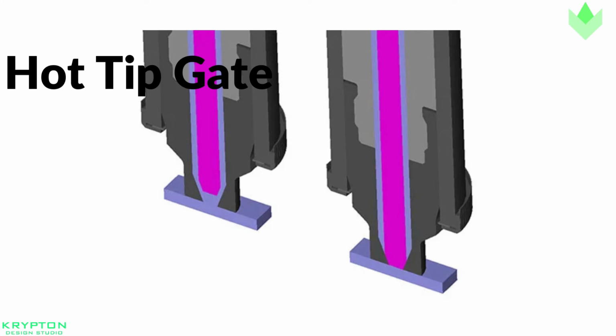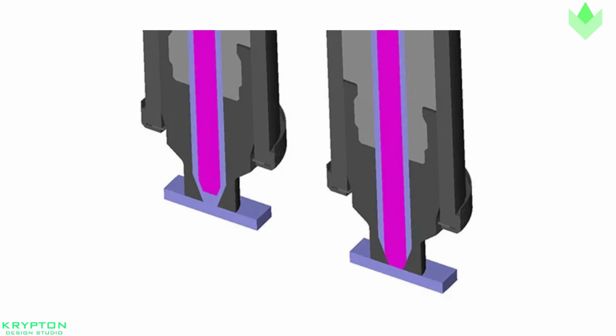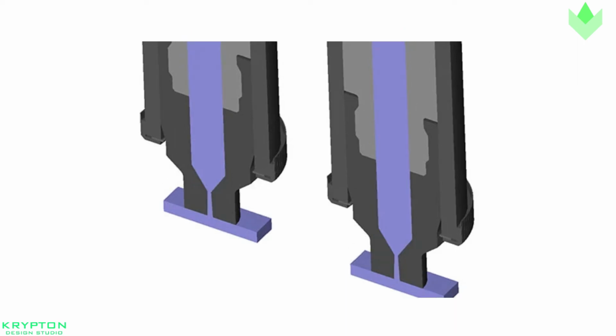The hot tip gate. The hot tip gate is the most common of all hot runner gates. Hot tip gates are typically located at the top of the part rather than on the parting line and are ideal for round or conical shapes where a uniform flow is necessary. This gate leaves a small raised knob on the surface of the part. Hot tip gates are only used with hot runner molding systems. This means that, unlike cold runner systems, the plastic is injected into the mold through a heated nozzle and then cooled to the proper thickness and shape in the mold.